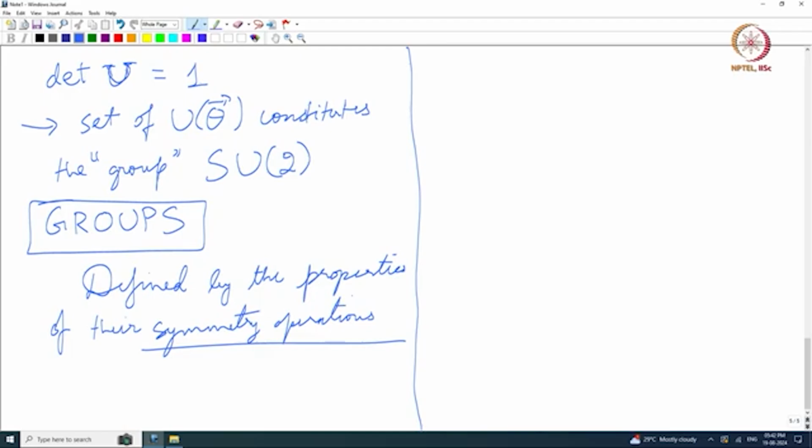So what are some symmetry operations? We have been seeing this from the beginning of the course, right. For example, rotations, which can act on group elements like spinors, vectors, even scalars and so on, right. And then inversions. What inversions have we seen? We saw P, T and so on, right. Operations such as these,